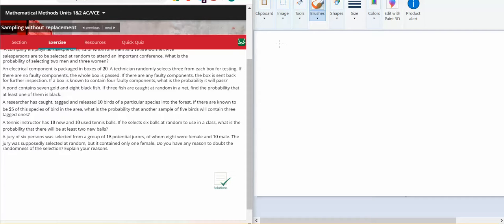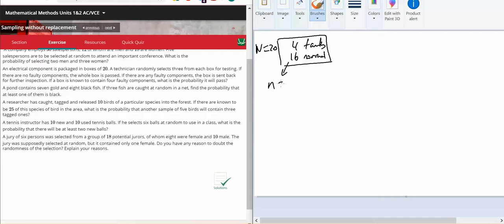So originally, you have a box of 20, so your big population is 20. You have 4 faulty and 16 normal in a box. Okay, so it makes up the box of 20. If I were to take a sample of, let's say, 3, so it says 3 here. If I take a sample of 3 out, what's the probability of